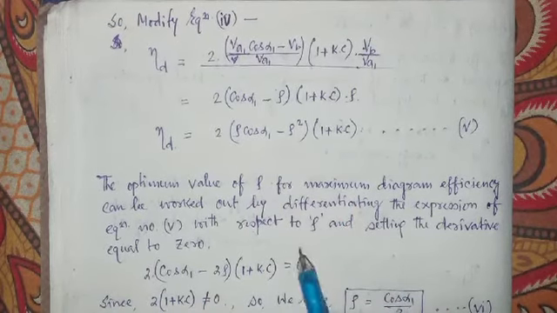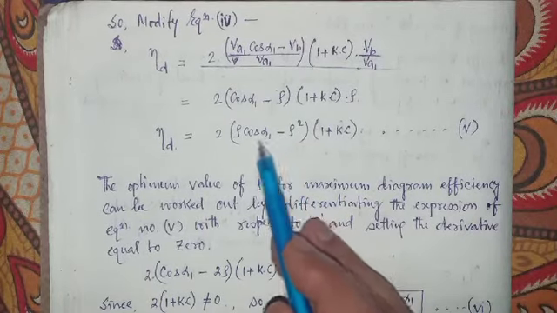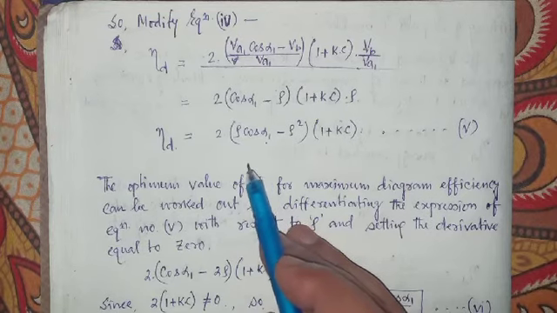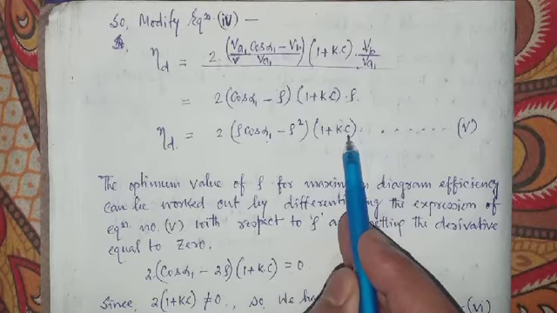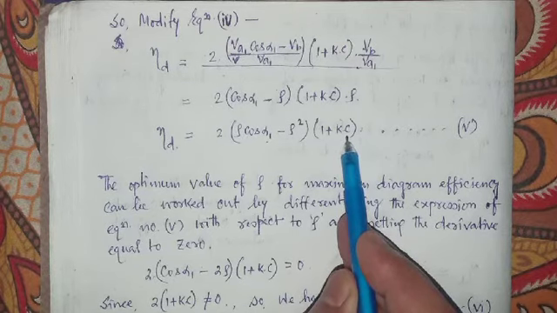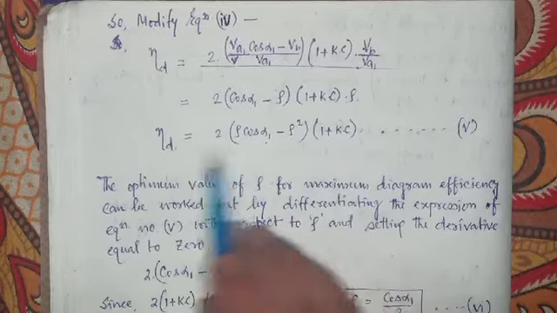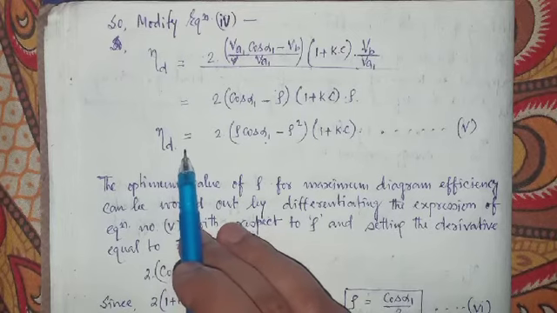Now apparently this value of diagram efficiency depends normally upon 4 factors. Number 1, the nozzle angle, that is alpha 1. Number 2, the blade speed ratio, that is rho. Number 3, the blade angles, beta 1 and beta 2, that is C, which is cos beta 2 by cos beta 1. And number 4, the blade velocity coefficient, that is K. So this diagram efficiency or blading efficiency depends upon the 4 factors.